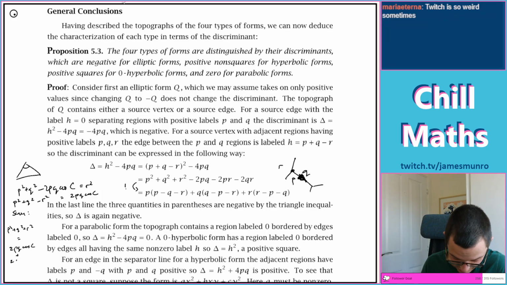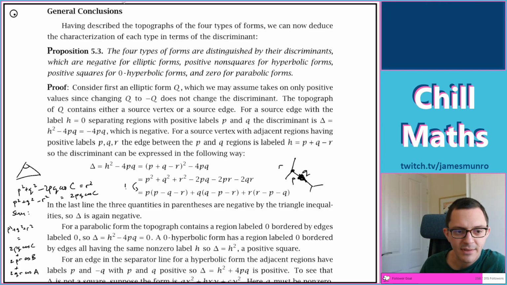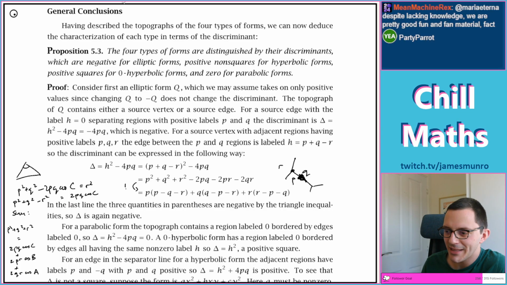plus 2PR cos B plus 2QR cos A. I'm really small down here, aren't I? Oh, that's tiny. Sorry about that. Right, okay. But that's not quite what I wanted. So that's a kind of cosine rule fact about what that sum actually is. I'd like it to be